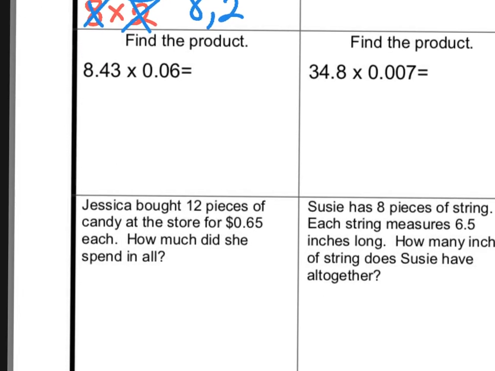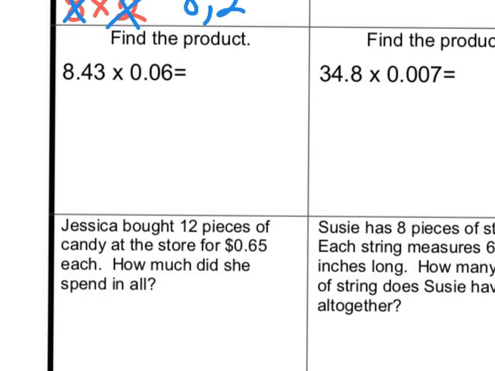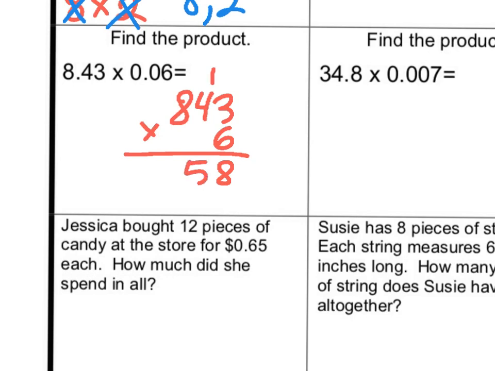For the second one, it says find the product. So I'm going to imagine that that's just an 843 times 6. And I'll multiply normally. 6 times 3 is 18, carry the 1. 6 times 4 is 24, add 1 makes 25, carry my 2. 8 times 6 is 48, add 2 makes 50. I know that there's going to be 1 number, 2 numbers, 3 numbers, 4 numbers behind the decimal and all. So that must mean that my answer will be 0.5058, and if I want to, add 0 in the very